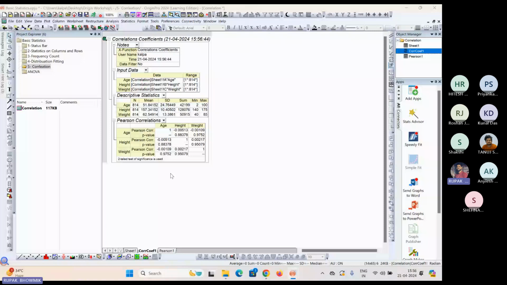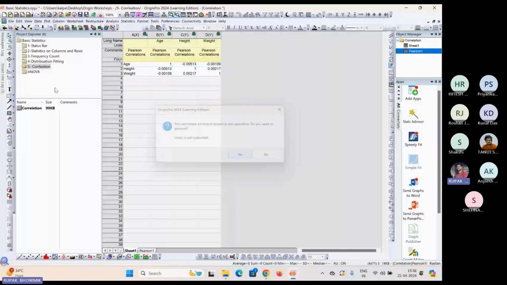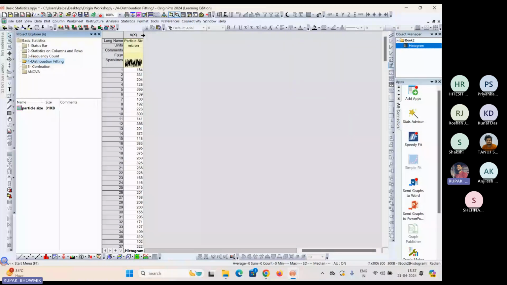Then moving to the distribution fitting now. Here I have particle size distribution data. To get the histogram or the distribution fit, you have two options. You can directly plot your histogram from the plot option, then you have statistical tools. From that you can directly